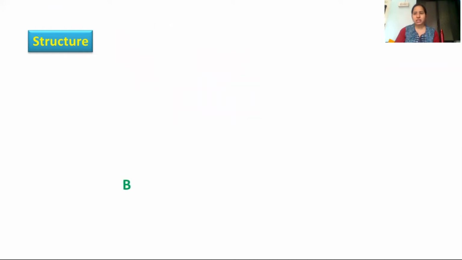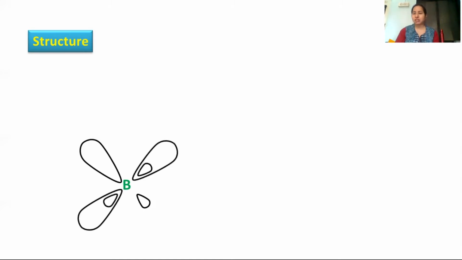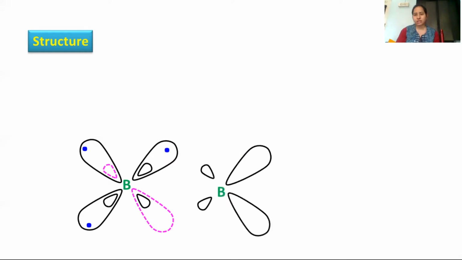So when I say BH3, it's a dimer, B2H6, so we'll have 2 boron atoms. When I draw the structure of boron, B, 1, 2, 3, these are the 3 hybrid orbitals. The pink one is the one which was not hybridized because it does not have any unpaired electron. All these boron atoms have 1, 1 electron. As I said, B2H6, I'll write one more. You can see these 3 are the hybrid orbitals, and the last one is non-hybrid because it does not contain any electron. So again we'll have 1, 1 electron in this.